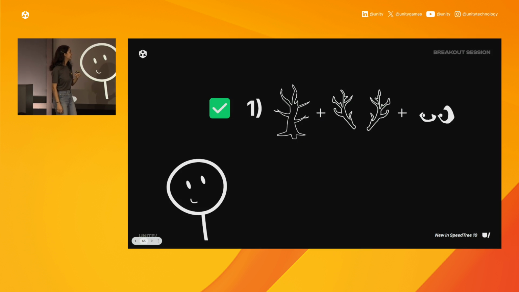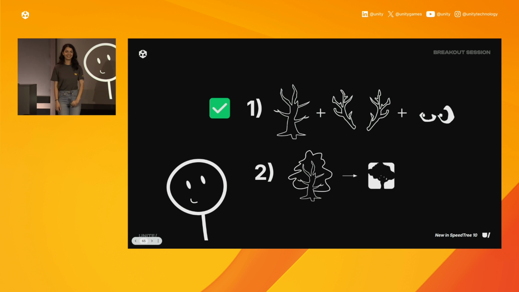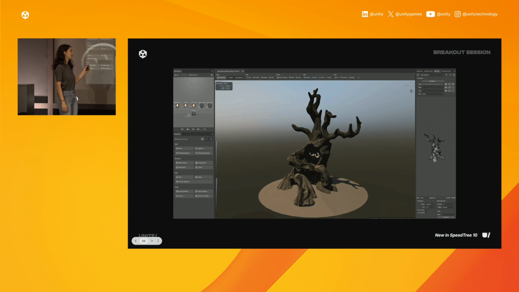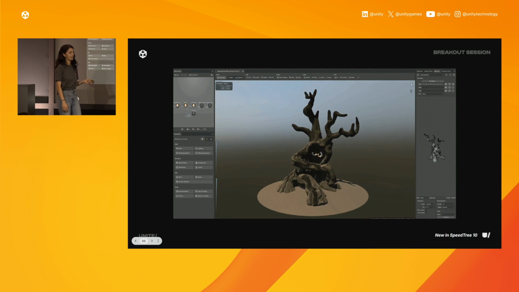So with that done, you are ready to move on to your upper canopy. And you just got back from a fun conference somewhere and you heard about this nifty tool called SpeedTree. Oh, what do you know? And you think to yourself, okay, I would love to go try adding a canopy to my custom mesh in SpeedTree. So you import your custom mesh into the SpeedTree modeler.